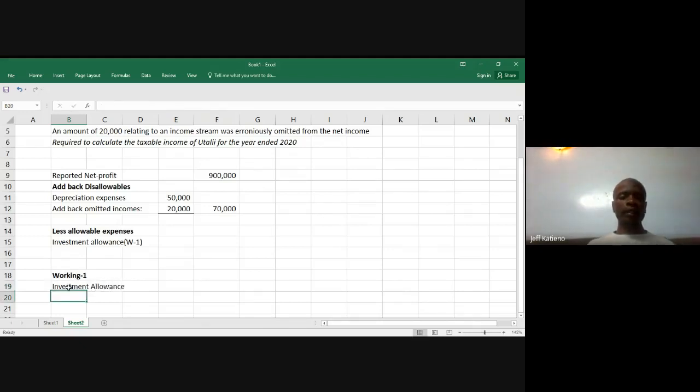So basically, in the first year we use cost, and you remember according to the schedule by KRA, which you should master. So first year of use, let me say cost of hotel building first. Cost was how much?